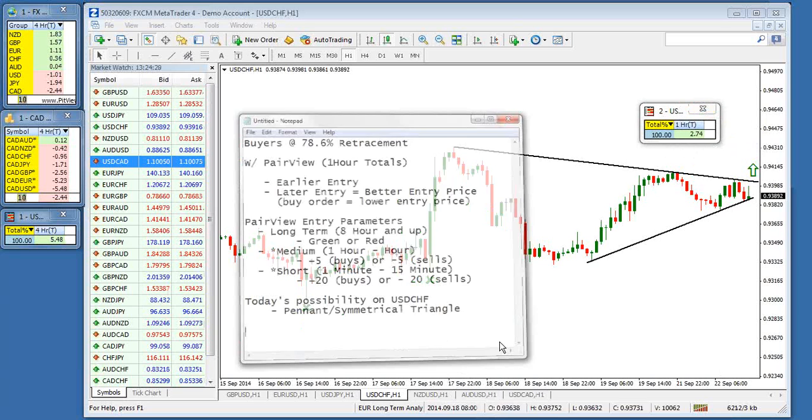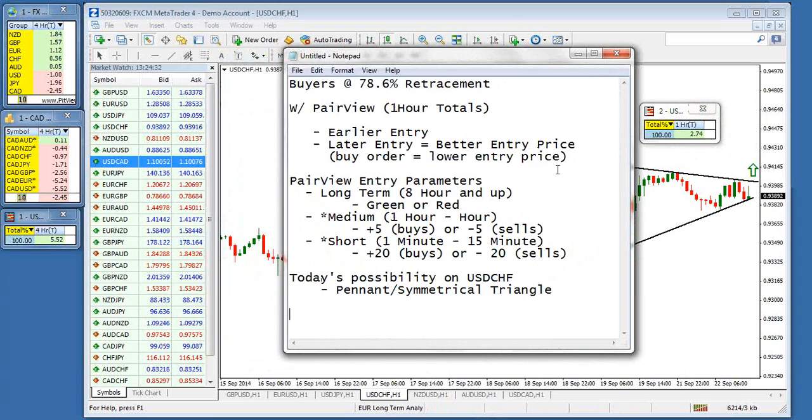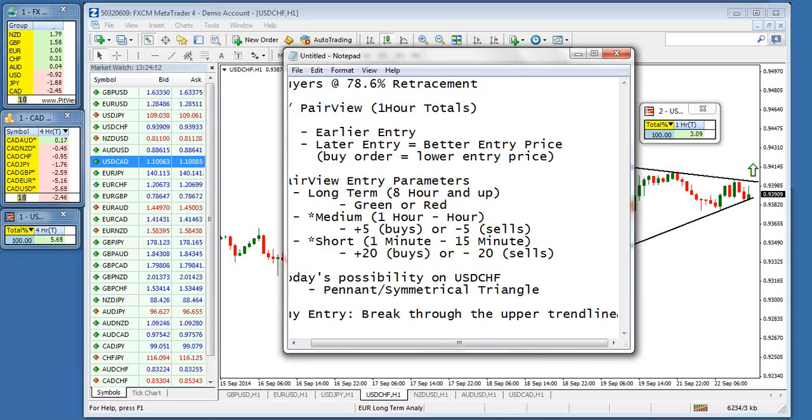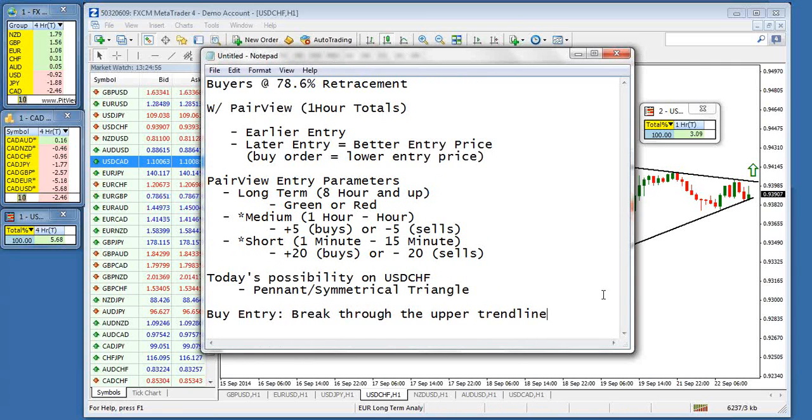So let me bring up my notepad again and put this over here and go through my strategy for today on the dollar Swiss. So strategy on this for a buy entry, there's two things you can use for a buy entry. A break through the upper trend line is what I would look for in a buy entry. Break through the upper trend line,